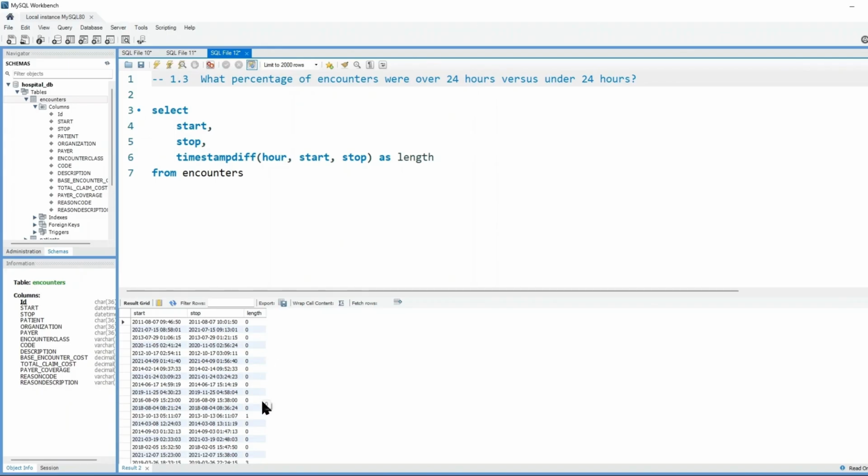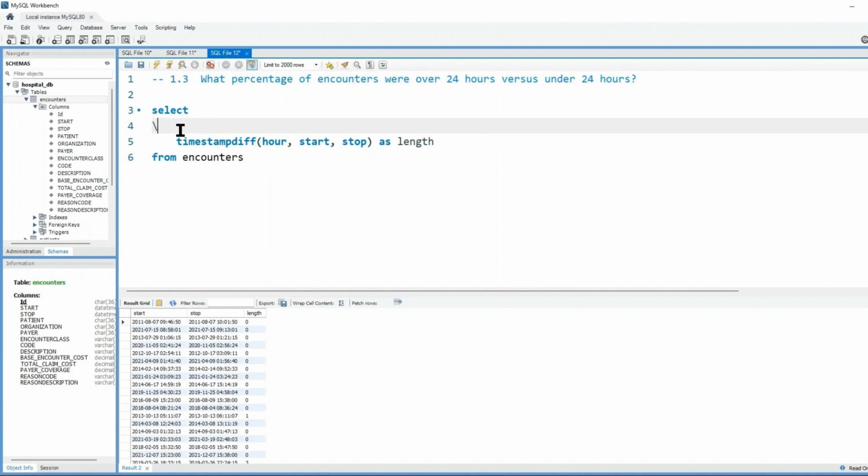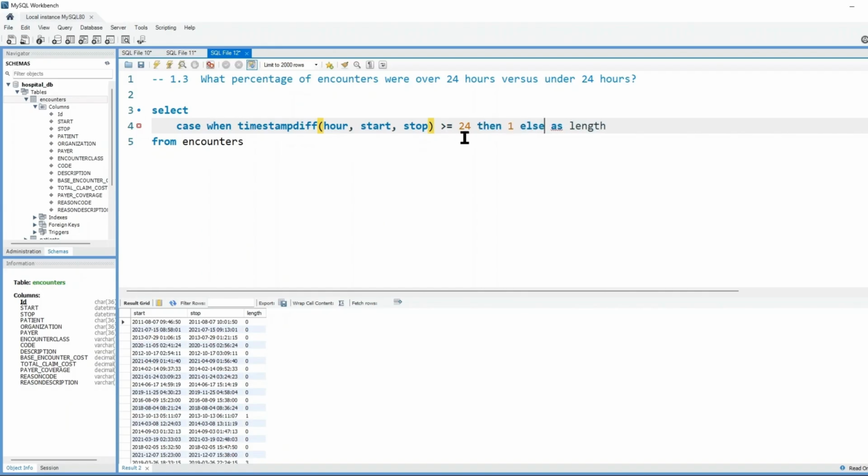So for each of these rows, we'll have to do the same thing, use a case statement and find out if it's over 24 or under, and then sum them at the end, and then divide by the total number of encounters to find percentages. So I'm going to take that off and wrap this inside a case statement. So this will be case when timestamp diff is greater than or equal to 24, then we want it to be a 1, else 0, and then end. And then we want to sum it, right,